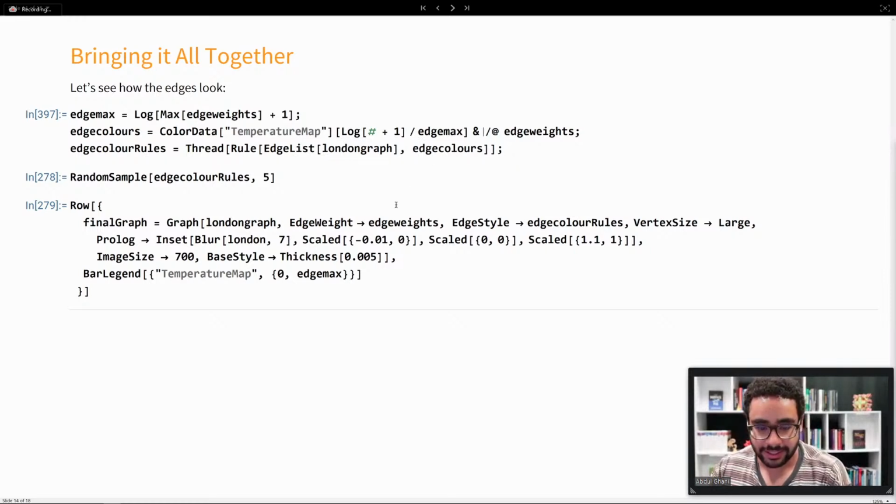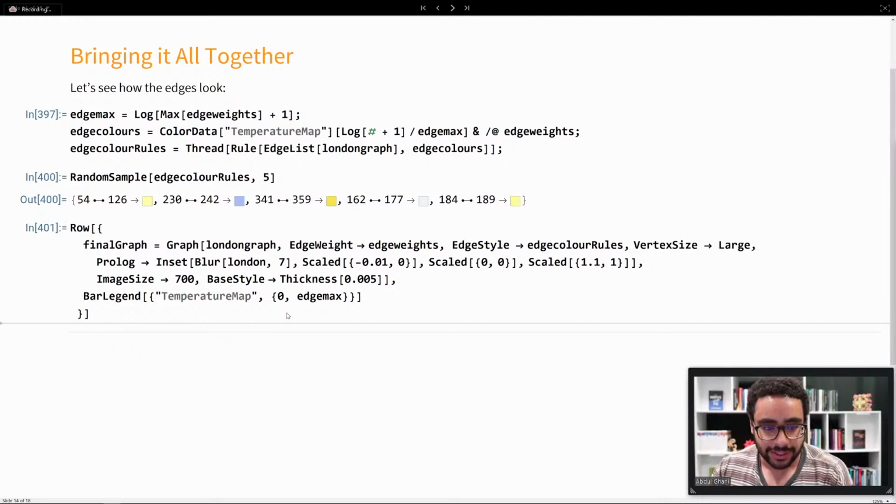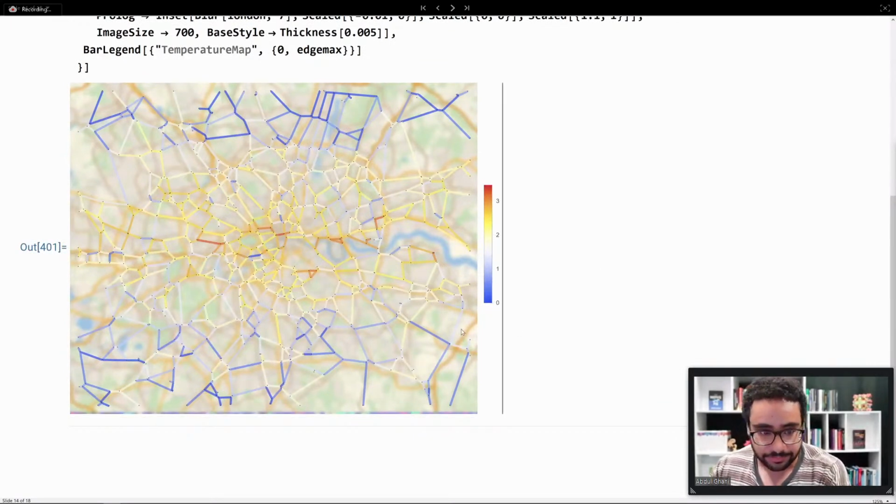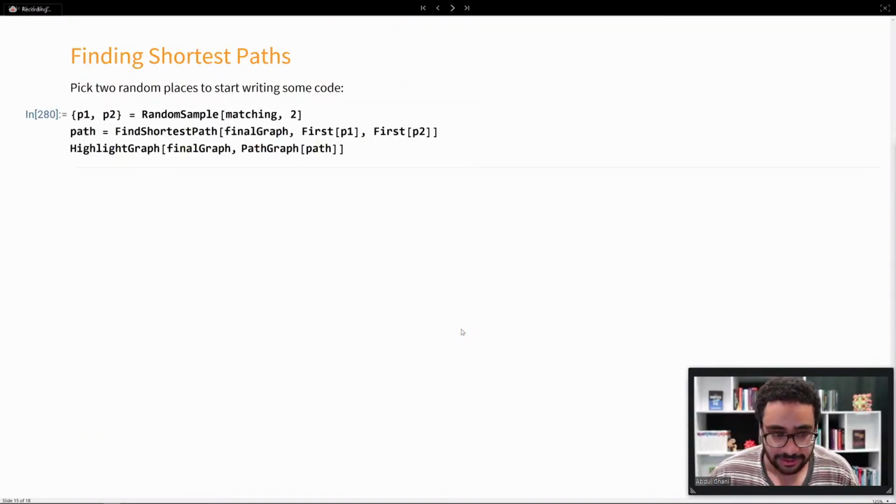We'll scale things logarithmically and assign some colors according to this temperature map, just to create a visual. If we run this, then we see what has happened is, as we've simulated the motion of this traffic, it's moved away from the ends here, because there's no entrance here, and things have moved towards the center of the graph, which maybe is realistic. But we have a model. We have a model of the traffic of London at the very least. So we can start